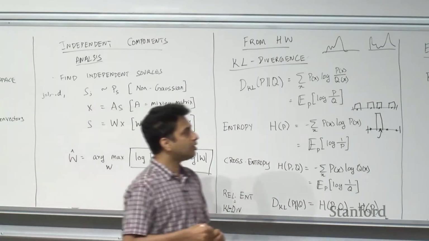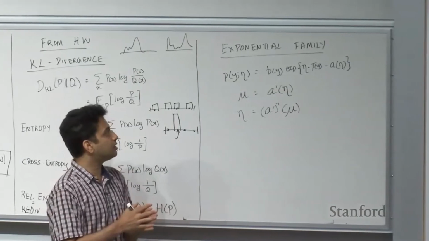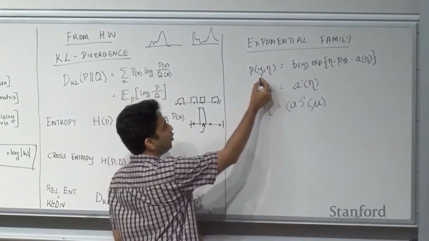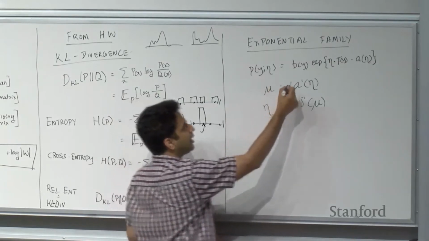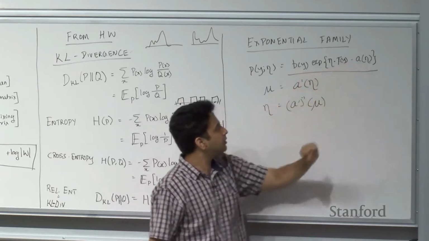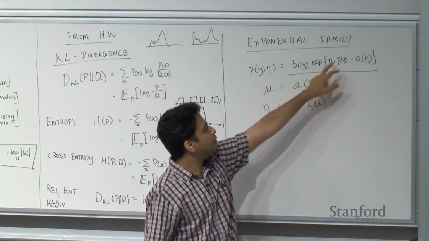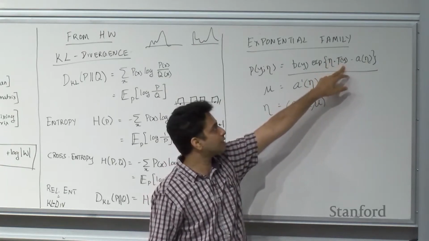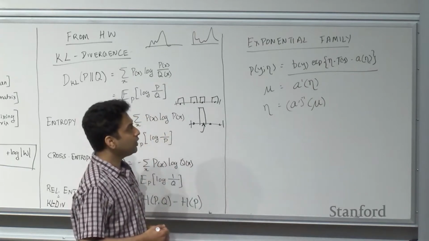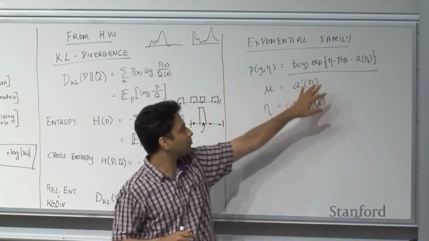as long as you remember these formulas. And also earlier in the course, we came across the exponential family. The exponential family is a way to characterize a family of probability distributions, where the probability distribution over y with some parameter called the natural parameter eta takes this form. Here b of y is called the base measure, and there is the exponent of some term over here. That term has two parts. One is eta, the natural parameter, dot product with t of y, where t is called the sufficient statistics over y, minus a of eta, where a is called the log partition function. And we also saw in your homework 1 that the mean of this probability distribution can be represented as the derivative of the log partition function at